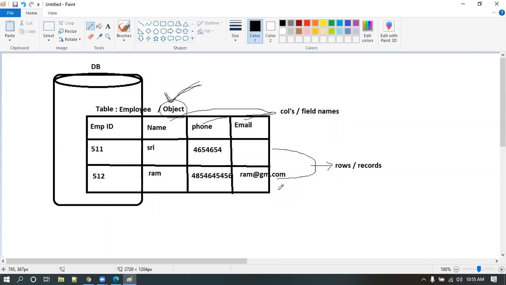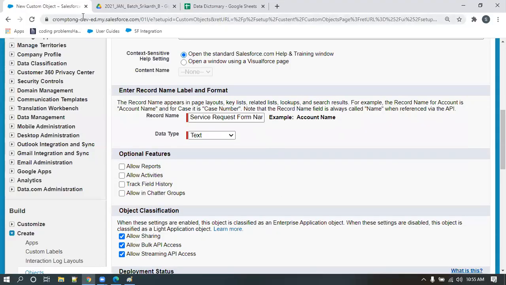What type of data you are storing? Again, there is a special session for you only on data types. We'll discuss at that time. But relationships is